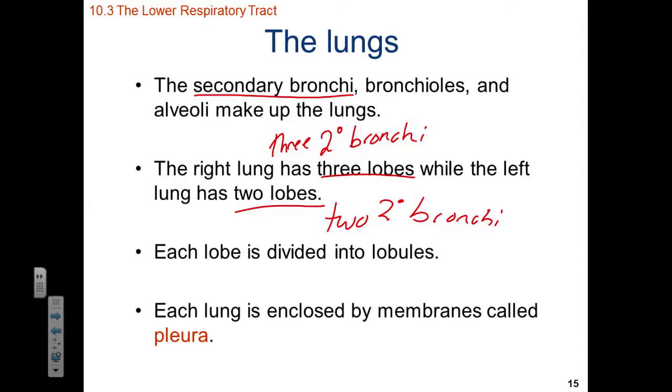Now, surrounding the lungs, we have a special serous membrane known as the pleura, or sometimes referred to as the pleural membrane. This pleural membrane, or the pleura, has 2 layers to it, like any good serous membrane. There's the inner and outer layer. Think back to earlier in the course when we talked about membranes. The inner layer, that inner membrane around the lungs,